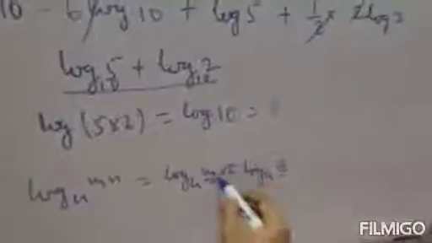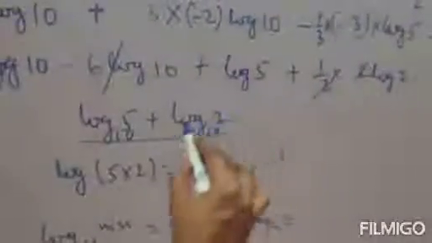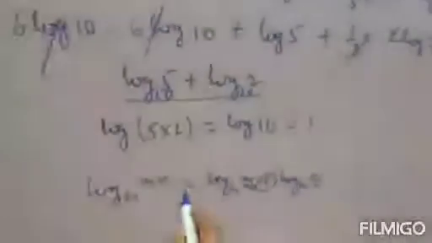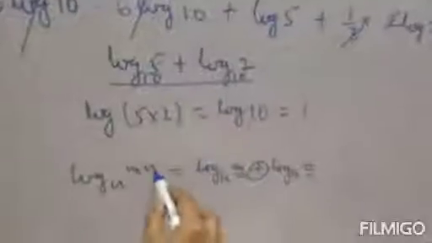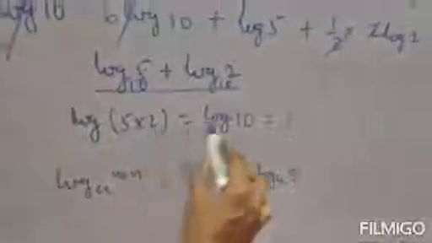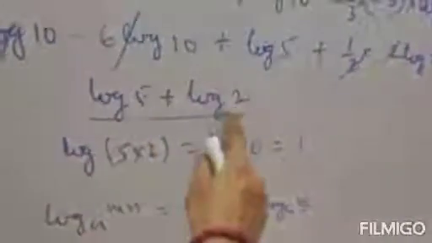Clear? Now m and n, one power is m and one power is n, and addition is given. That means m into n. So here also one is 5, one is 2, and addition is given. So by the product law, 5 into 2, because m and n are multiplied, means log 10. So the answer will be 1. Clear? Here the base 10 is not written, so we will not write the base. So in this way we will apply the laws to deduce our answer. Log 5 plus log 2 is log 5 into 2, log 10, and the value of log 10 is 1. So the answer is 1.